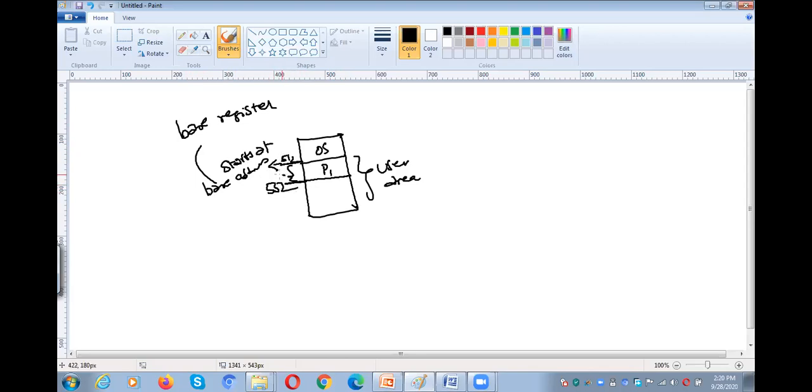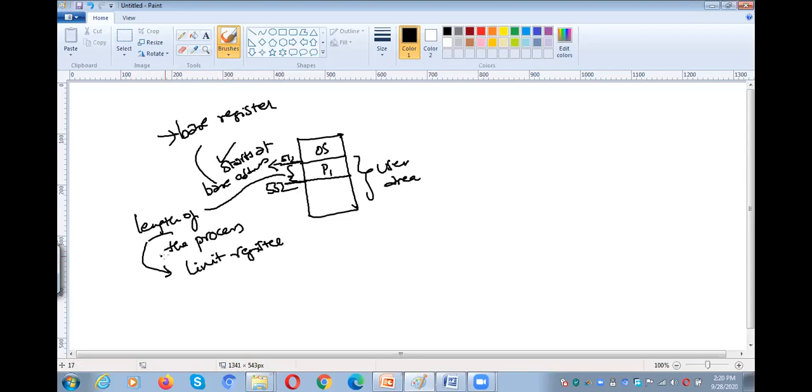Okay, what is this one? This is the length of the process. Where is the length of the process available? In the limit register. The base register is the starting address of the process and the limit register is the length of the process. If you add base plus limit, we will get the ending address.